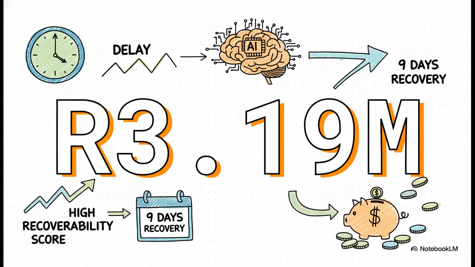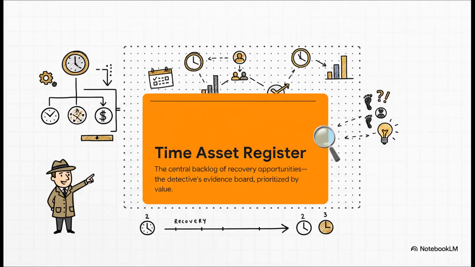So what does this actually look like in the real world? Well, in one case study, a 12-day delay with a really high recoverability score meant they could expect to get 9 of those days back. On that project, every single day cost 350,000 South African rand. So that one single find was worth almost 3.2 million rand. That's over 170,000 US dollars in avoided costs. Insane.